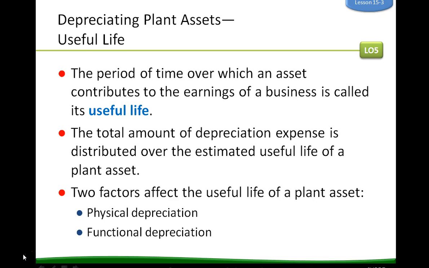And then functional depreciation occurs when a plant asset becomes inadequate or obsolete. An asset is inadequate when it can no longer perform at an acceptable level of efficiency. A new asset of the same design and capability might replace it. An asset is obsolete when a more modern asset, perhaps a new technology, can operate more efficiently and produce better